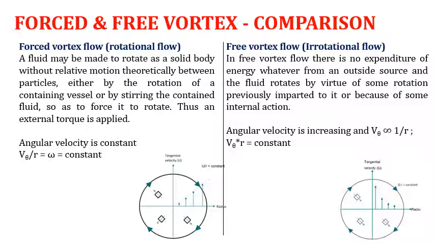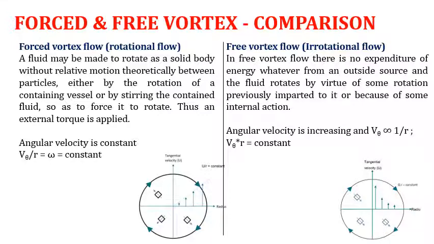Let's see the difference between free and forced vortex flow. Forced vortex flow is a rotational type of flow. That means when particles move along the circular path, they are rotating about their own axis, while free vortex flow is irrotational flow. You can also understand it from the figure below. Here the arrowhead shows the direction or orientation of the particle, and as the particles move in circular motion, the arrowhead direction changes, which indicates that they are rotating about their own axis. While over here in free vortex flow, the arrowhead direction remains constant as it moves in a circular path, so it is irrotational flow.